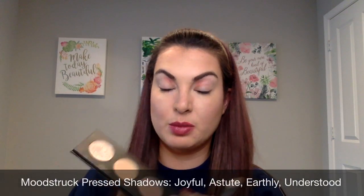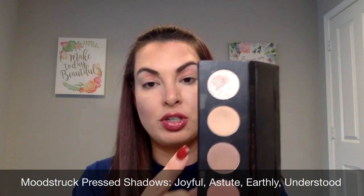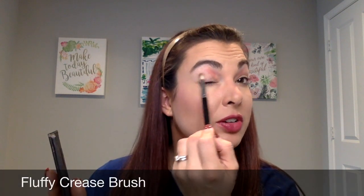Let's talk about eyeshadows. You definitely want to make sure that you are doing something that's matte and it's going to give you just a little bit more of a softer appearance. So I created this palette today. I'm using Joyful, Astute, Earthly, and Understood, which hopefully you can kind of see. It's a nice little light pink color. What I'm going to do is I'm going to start out with Astute and put that onto the end of my fluffy crease brush, and I'm going to just dust this into the crease